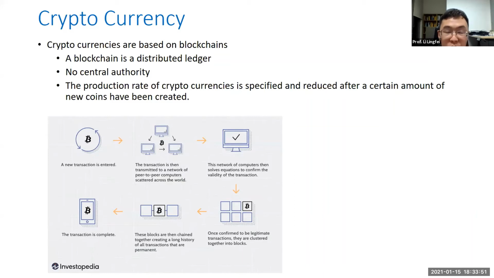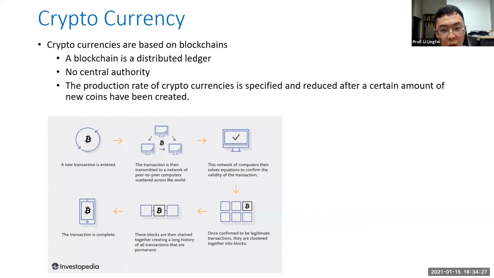I guess many of you know what a database is, but the traditional database is centralized. There's one central authority that controls the database. But a blockchain is really a decentralized one. There is no central authority involved. It consists of a network of computers, a very, very large network of computers. If a transaction is entered into the network, then the network has to reach consensus before this transaction can be confirmed.